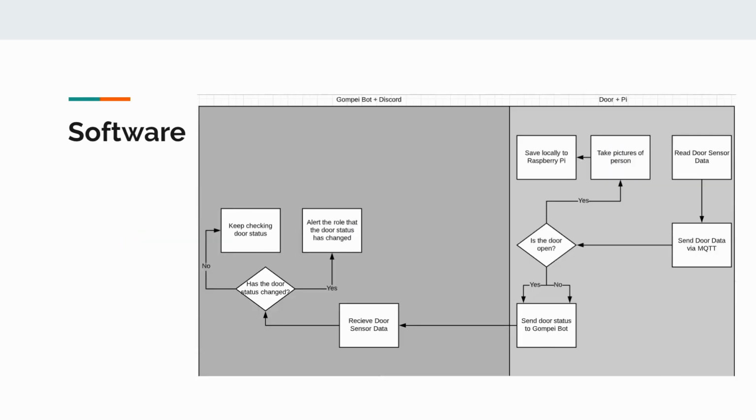For our software block diagram, we use this to show the flow of information through our system. So first it starts on the right with the door and the Raspberry Pi. The door sensor data is read into the Raspberry Pi and then sent to the bot via MQTT. But first, the Raspberry Pi checks to see if the door's been opened. If it has, it'll take pictures of the person that's opened the door and save those locally to the Raspberry Pi. Whether or not it is open, it'll still send that door status data to the Discord